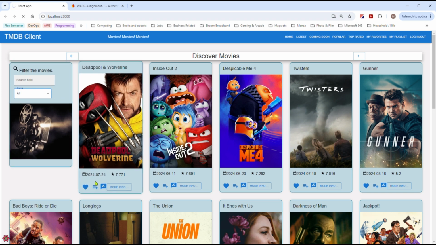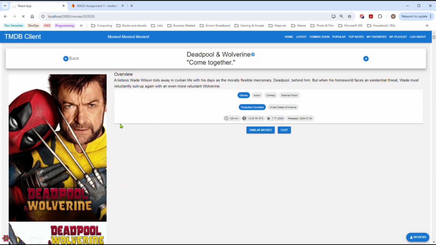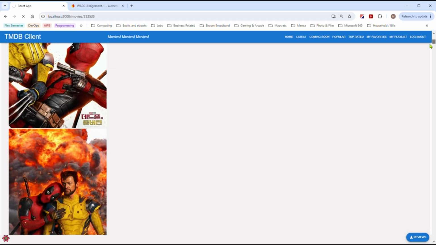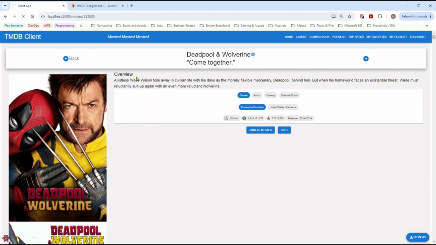The movie cards, we have the image, of course, the title. We've got more info, which brings us to a page that has the poster images. Some of the movies have a lot of posters, as you can see. Some of them only have one, some of them have none. We get the title. We have a link then to the web page of the movie,